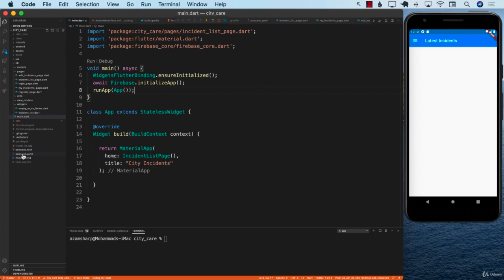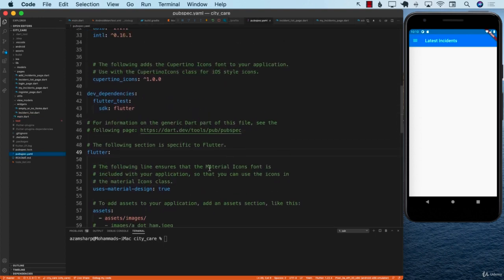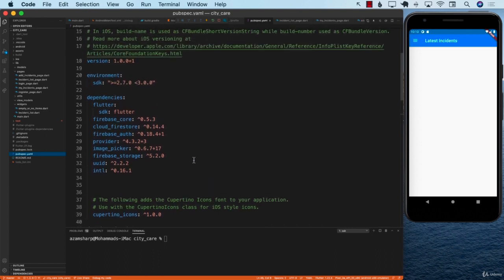The first thing is, let's go to the pubspec.yaml file. And in this file, you're going to see the dependencies. So right over here, you can see all the different dependencies. We have a dependency on Firebase Core, because obviously we'll be using Firebase, Cloud Firestore, Firebase Authentication, Provider, Image Picker, because we need to pick an image from a photo library or take a picture from the camera, Firebase Storage, because we need to upload the images to the Firebase server,